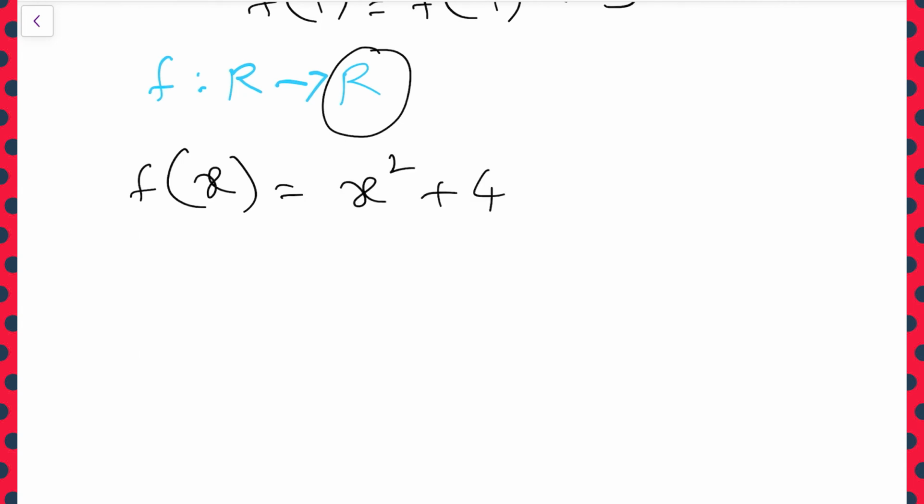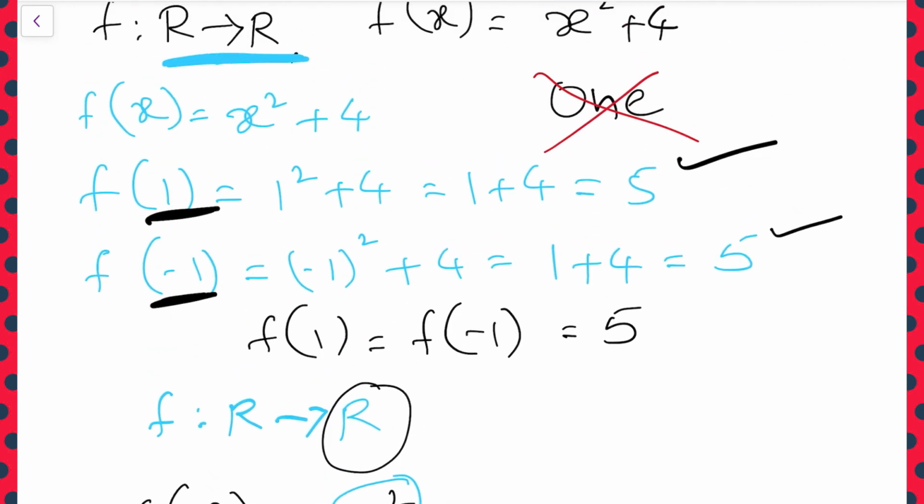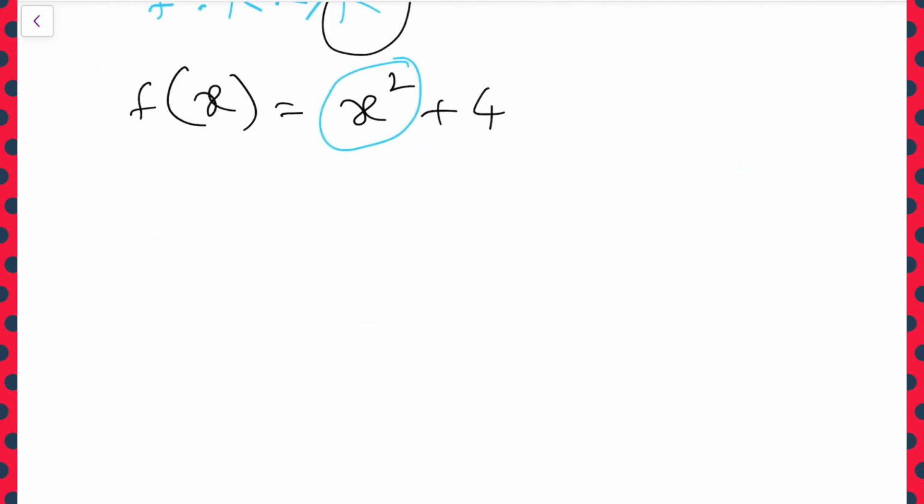If we observe this x square, in the place of x, if we substitute a negative number or else a positive number, always x square will become positive only. Just now we observed here. If I substitute plus 1, I get plus 5 only. If I substitute minus 1, I get plus only. So in the place of x, if you substitute plus or minus, always this x square will be positive only. In case we substitute 0, it will become 0.